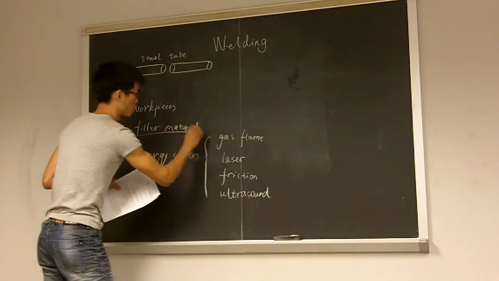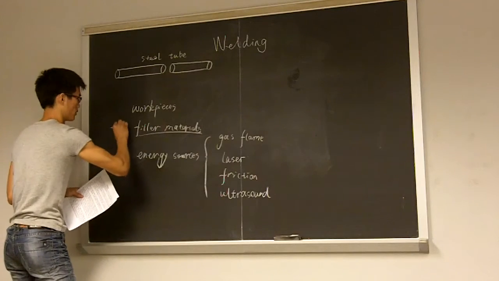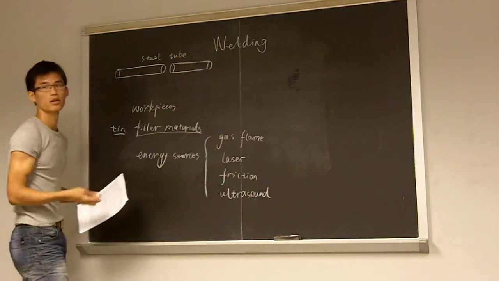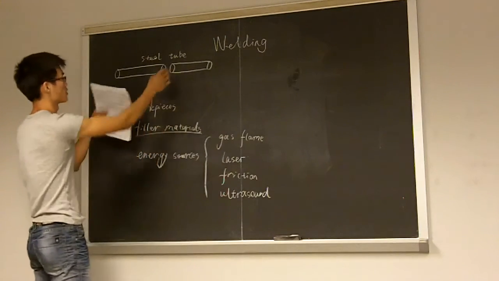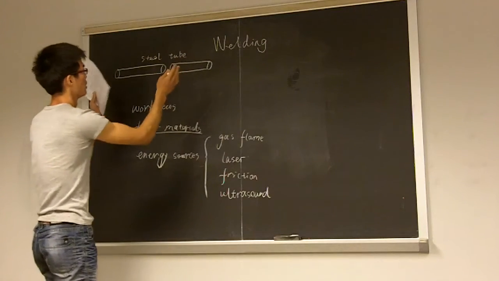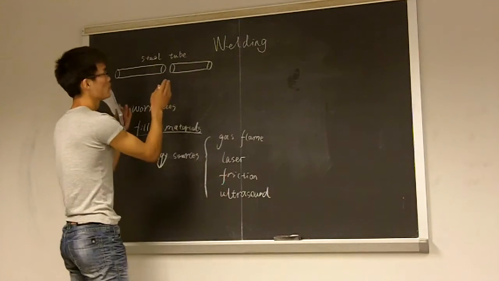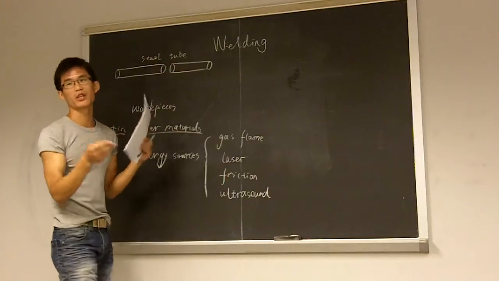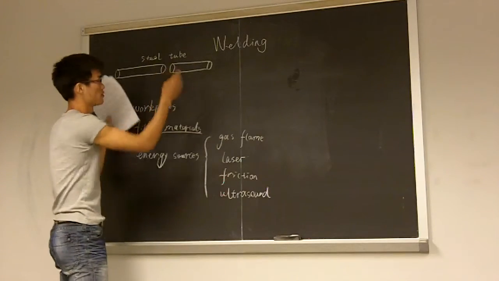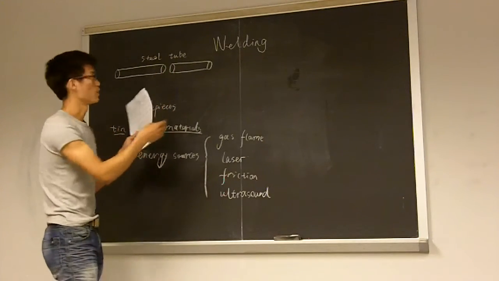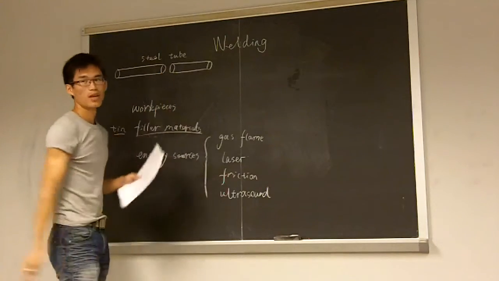In the filler materials we usually use tin, a kind of metal. Then we melt them, and when they cool down, they will become a strong joint between them. Then they will become a long steel tube. Okay, now